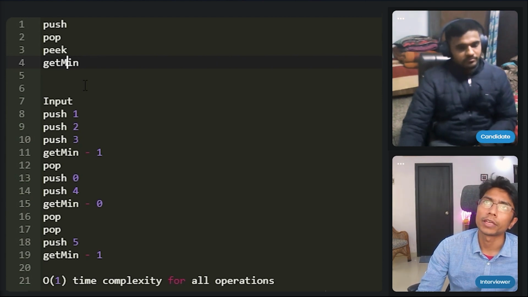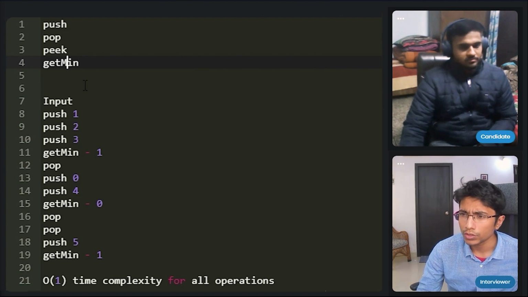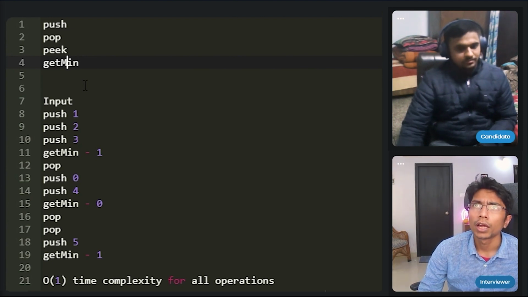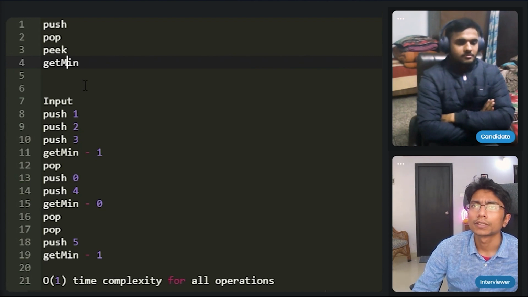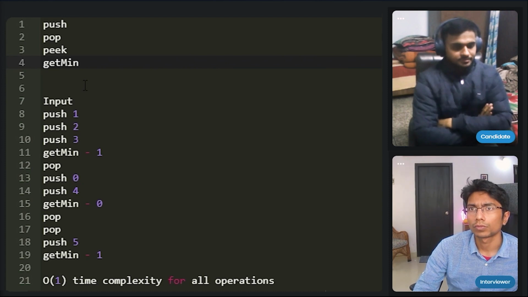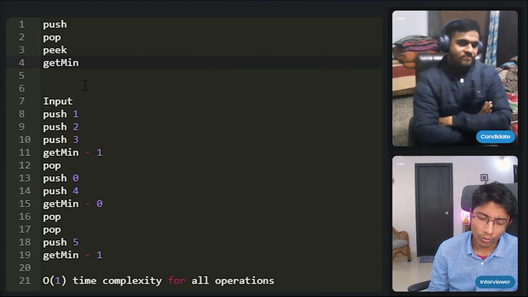Push is fine for the heap, but it will be log n instead of O(1). And popping will be even worse, because I don't know where the top of the stack element is. So the heap also may not work unless I come up with a solution.